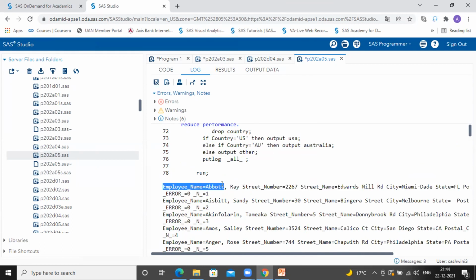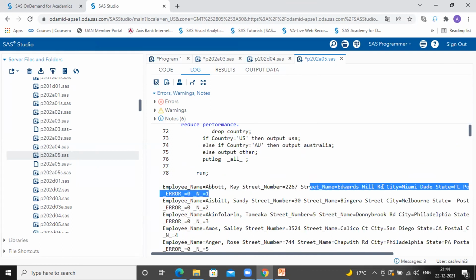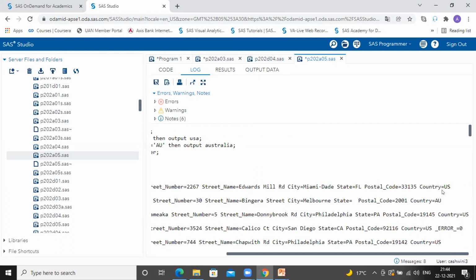Variable name, first row observation, its value, which is Abbott comma Ray. Then the second variable you have is street number, which is this value. Then you have street name, city, state, postal code, country.